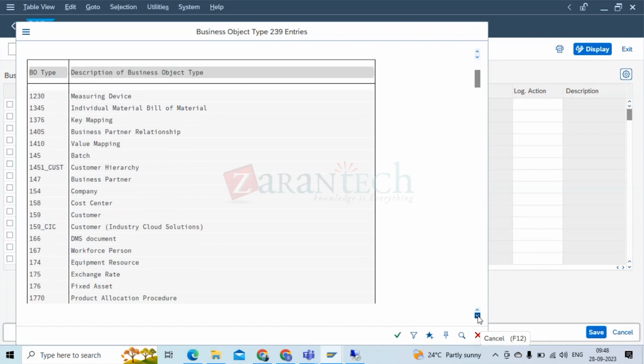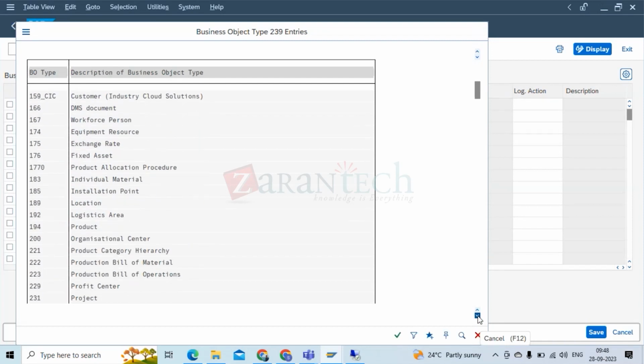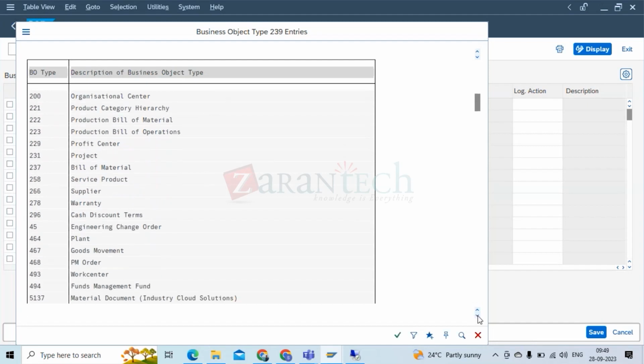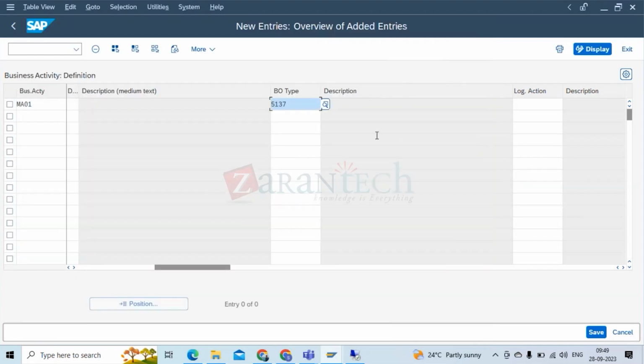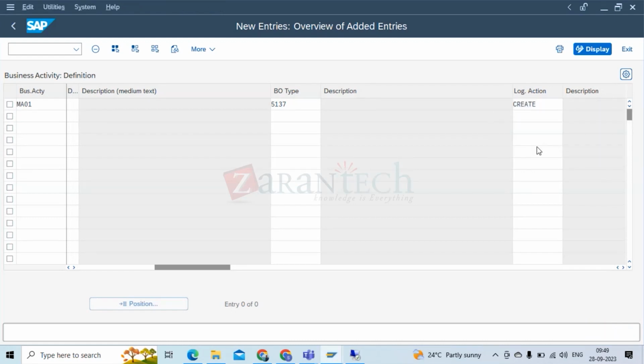customer material. You can use such functionality, right? Yeah, we can use. Okay, material and log action. Here for log action I'm going to give create, hit enter